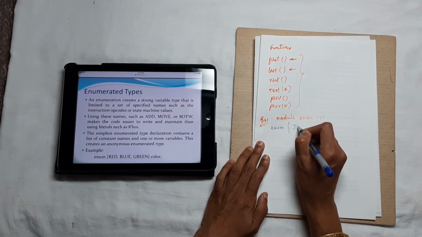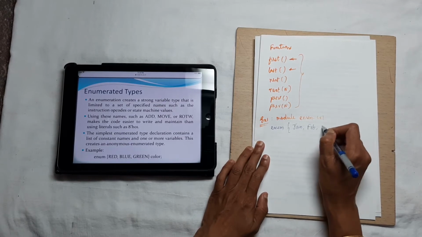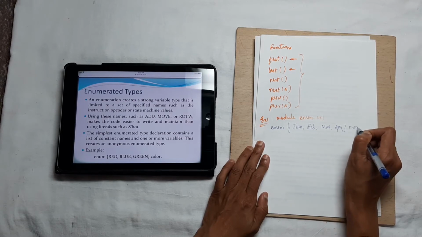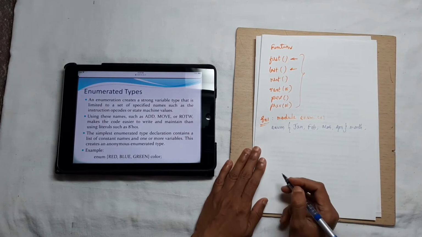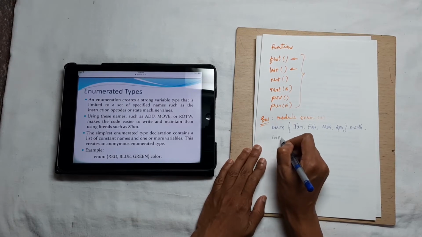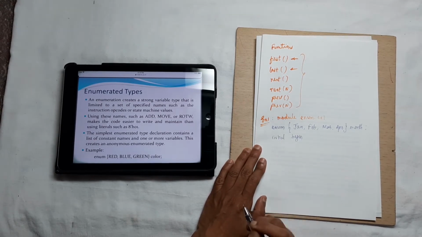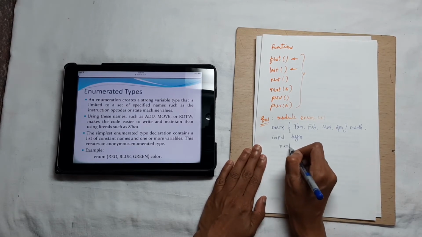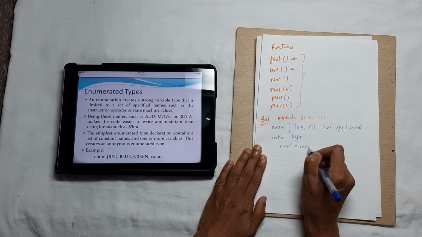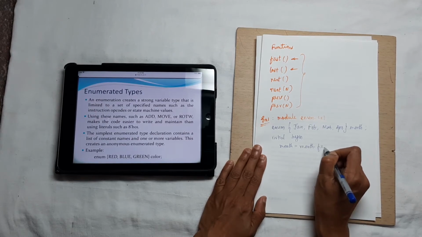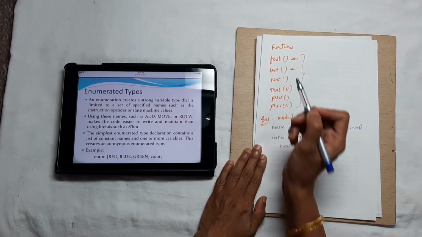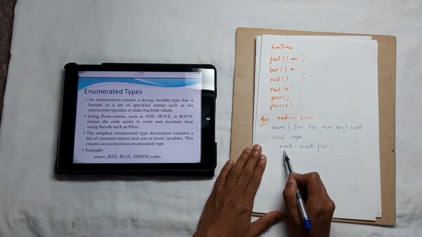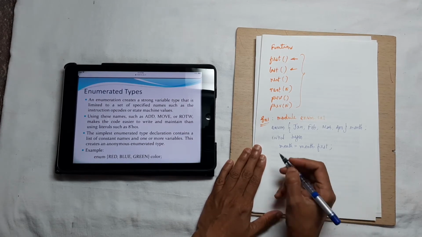Let us call the members as January, Feb, March, April, and let us name this as month. Then initial begin. Now I want to assign month is equal to month dot first. See, what is first? First returns the first member of the enumeration. Month equal to month dot first.